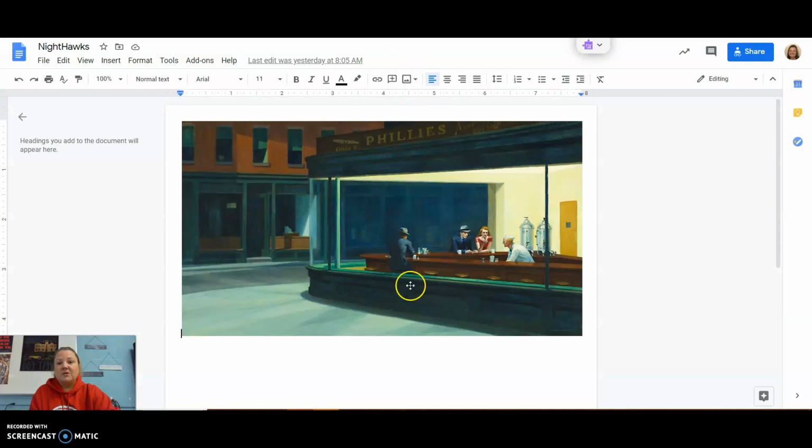When you look at this photo, what can you tell about the culture in which it was taken? And again, it's a painting, sorry, not a photo. So you're just typing up your thoughts of what you think is going on in the picture. Don't Google anything. If you have any questions, make sure you ask.